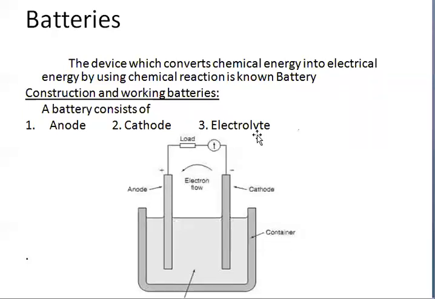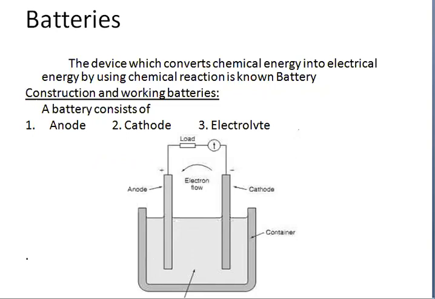And coming to the next one, that is electrolyte. It is the medium through which electrons transfer from anode to cathode. In general, the electrolytes would be liquid, for example, water and acid. We can use water and acid as the electrolyte. When a load is connected between the cathode and anode, due to the electrochemical reaction, the electrons get transferred from anode to cathode. Due to this movement of electrons, the current will start flowing from cathode to anode through the connected load. So this is about the battery operation.